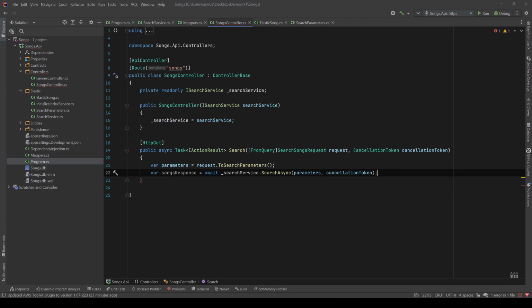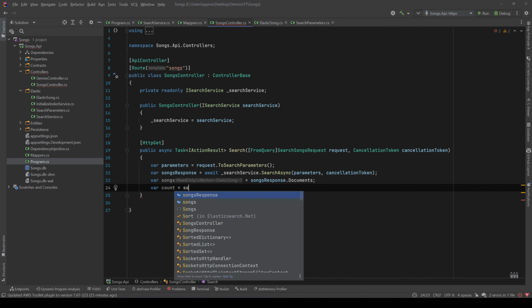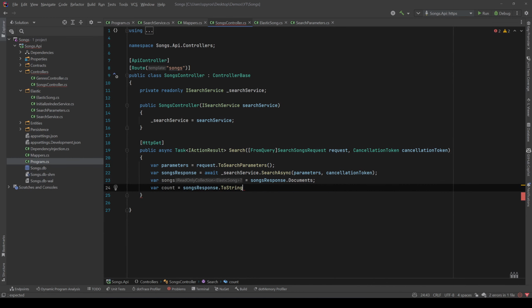And now, since this is an ISearchResponse of ElasticSong, in order to retrieve the songs, all we need to do is say var songs equals songResponse.Documents, and we will also need the count. So var count equals songResponse.Total,